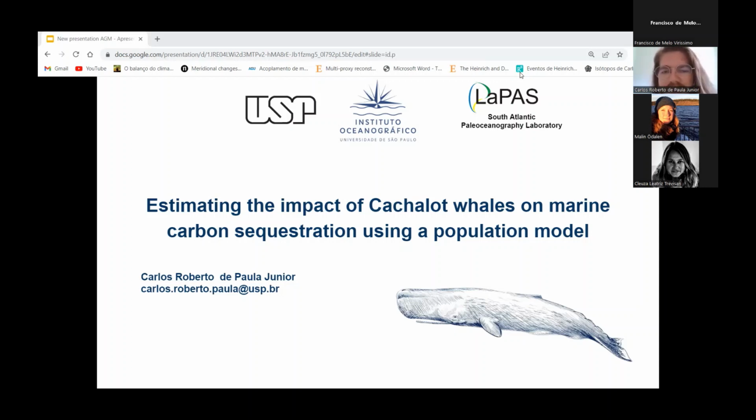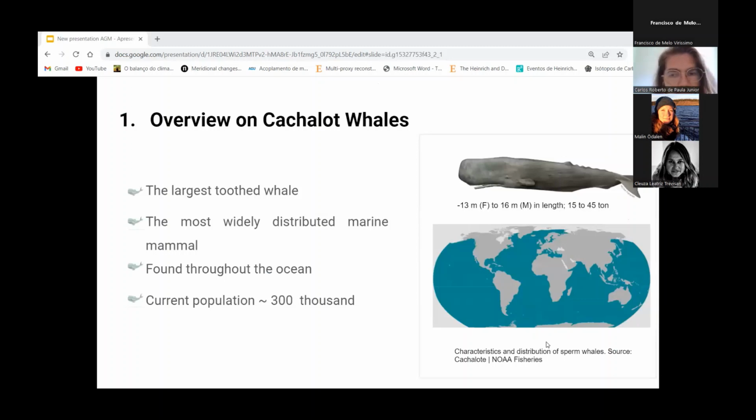I am an oceanographer, and today I'm going to present my work to estimate the impact of cachalot whales, or sperm whales, on marine carbon sequestration using a population model. Starting with an overview, this species is